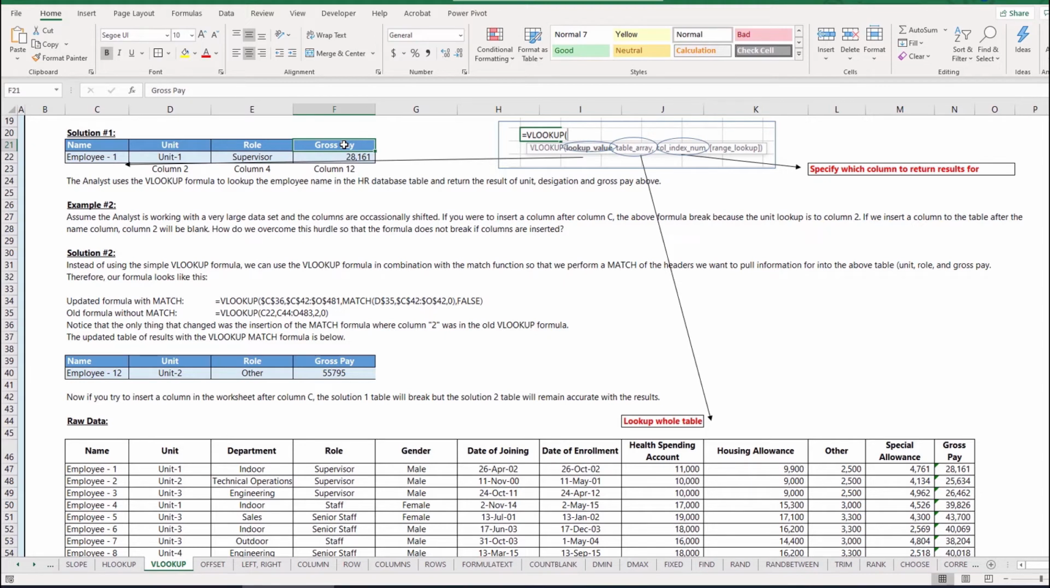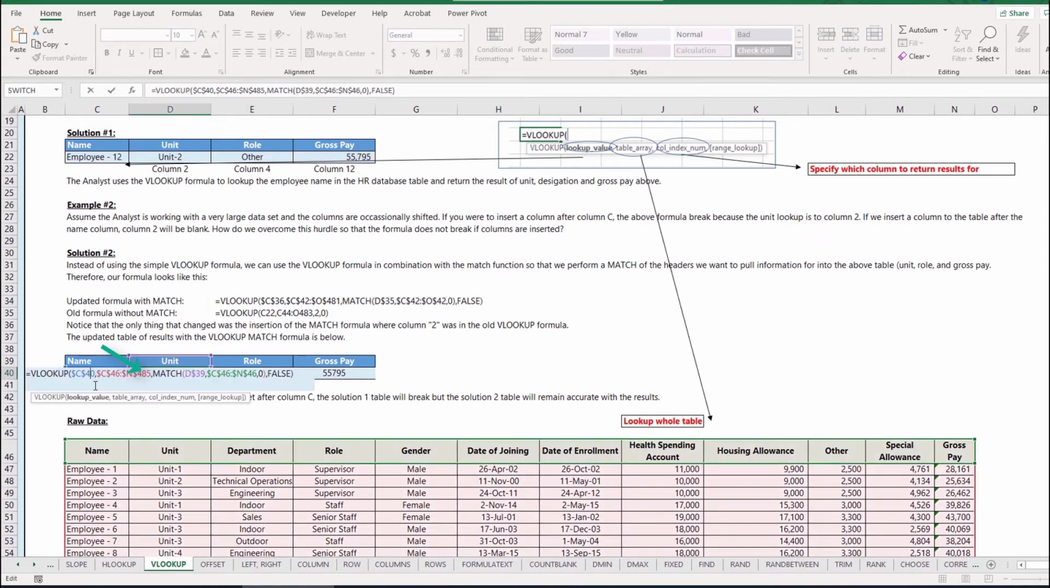The only difference is that we're going to be using the VLOOKUP formula and inserting the match formula where the column index number part of the formula is contained. So I'm going to open up one of the cells here in the revised table with the nested match formula contained within the VLOOKUP formula. Let's take a look at cell D40. So again, we're using employee 12 as our example. And this time we're using a lookup of cell C40, which is employee 12. We're performing the lookup on the same data set,